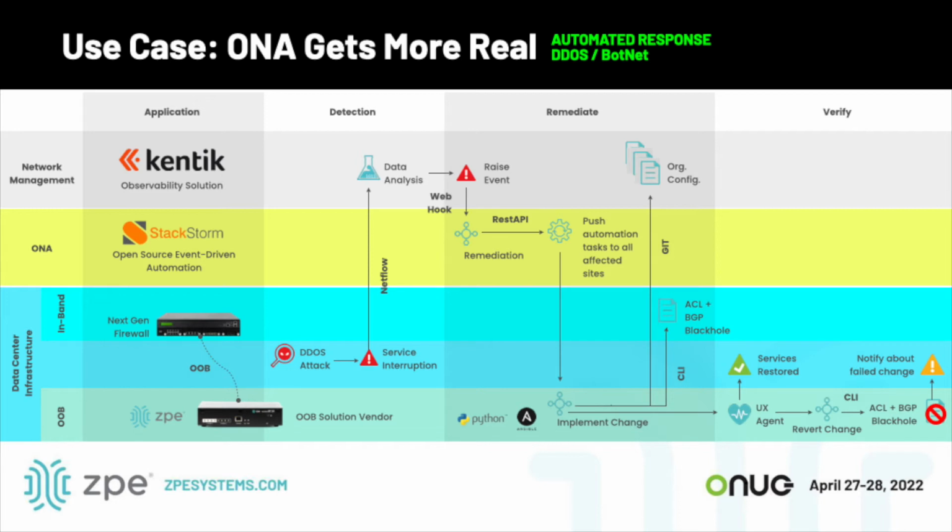In StackStorm, we're going to start the automation process. Essentially, what the automation process will do is use a REST API call to talk to our ZPE Cloud instance, which in turn triggers the automation response against all of the sites which are affected by the security concern. What is happening on the end device at the edge is that you have a physical